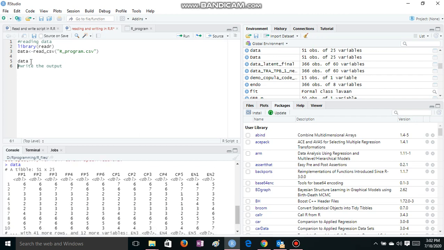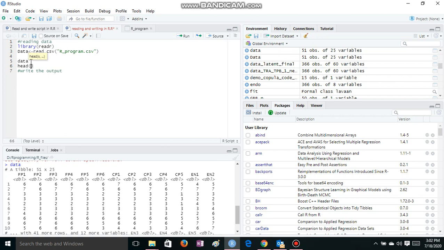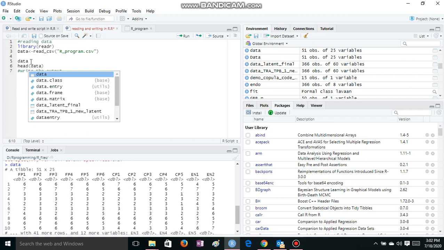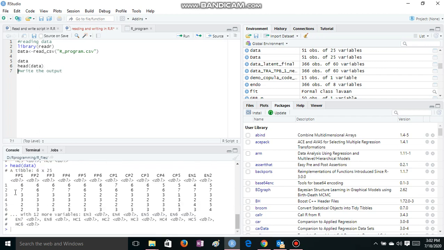Another syntax would be writing the head part. Head generally displays the top six data points, and the tail the last ones. So I will go on writing data here, right? So write head data, control enter. You can see it will display the first six. Similarly, if I write